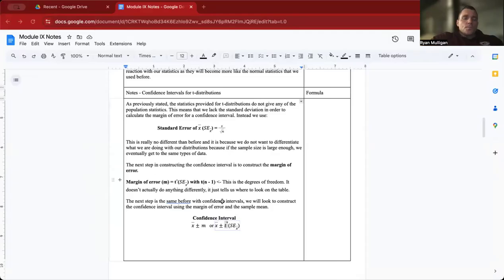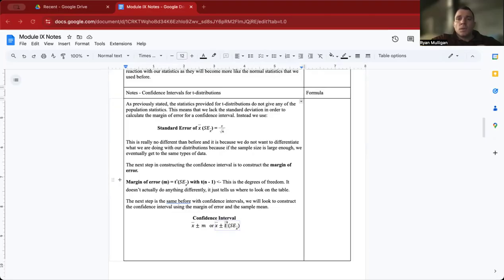First I need my degrees of freedom, which is n minus 1. I know my sample size is 15, which means I am now looking at 14 degrees of freedom